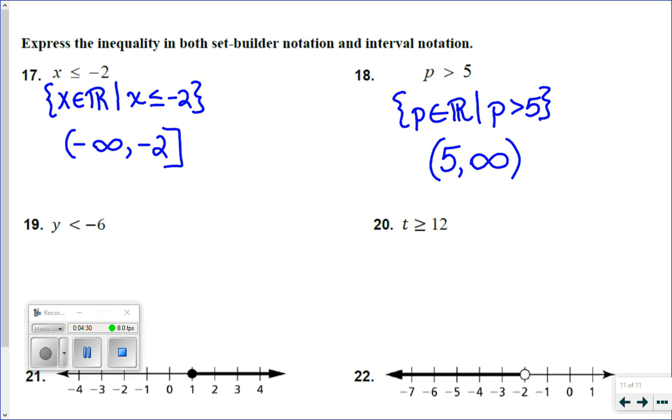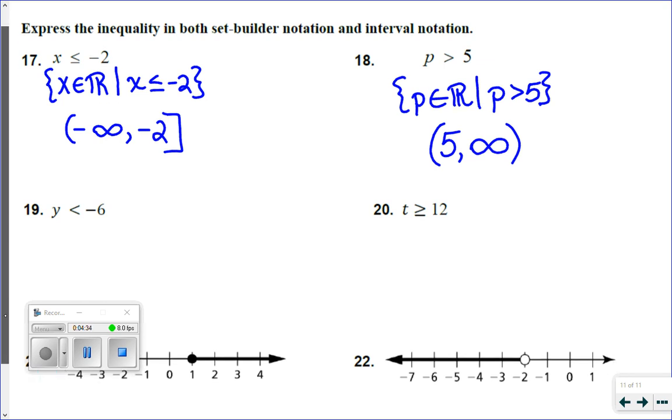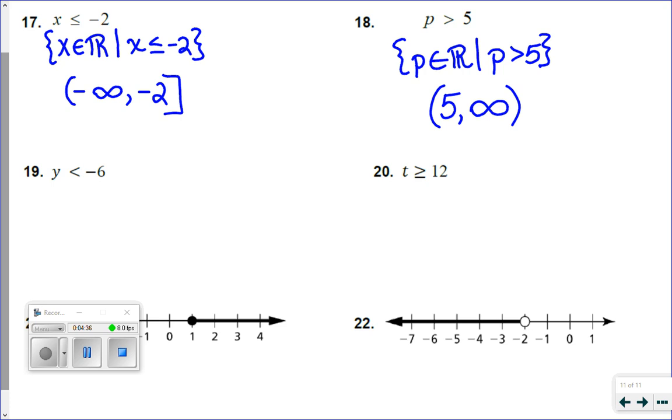That's interval notation. Okay, look at number 19. Number 19 says all the y values less than -6. So again, set builder says all the y values in the real number set such that those y's are all less than -6. And then for interval notation, less than means it would go on forever toward the left, toward